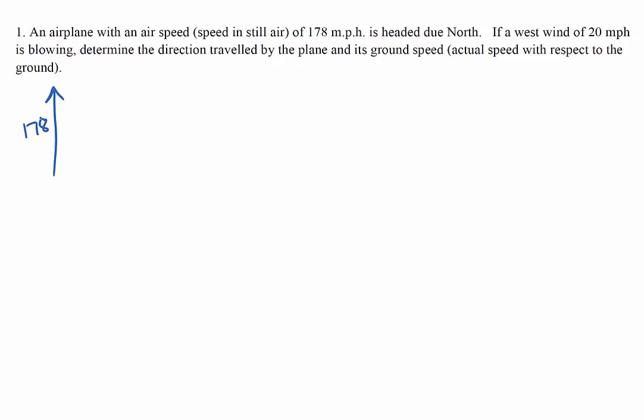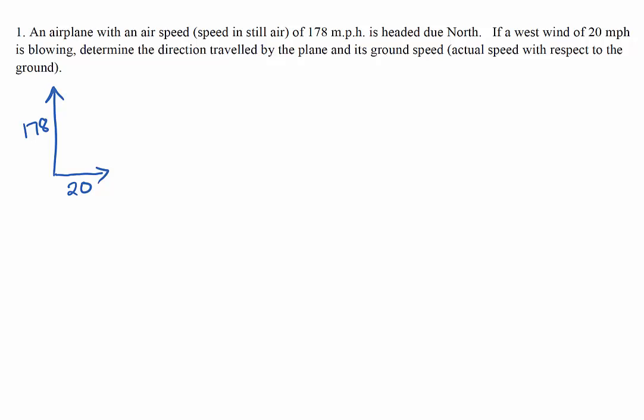If a west wind, so when they say west wind, they mean a wind blowing from the west. So we're going to draw a vector for the wind of 20 miles per hour. This isn't drawn to scale, but we'll have them labeled, so we'll be good. Determine the direction traveled by the airplane and its ground speed, which is the actual speed with respect